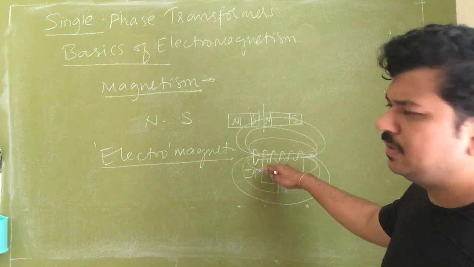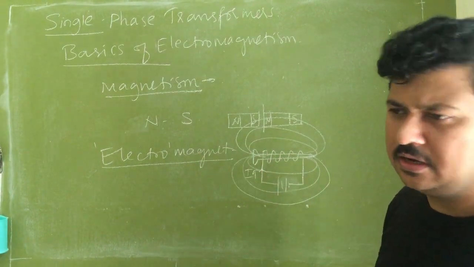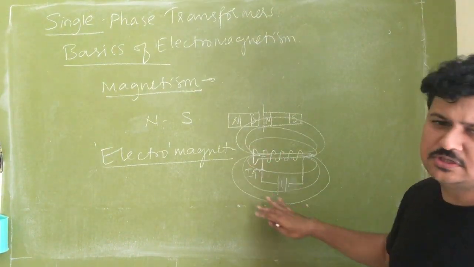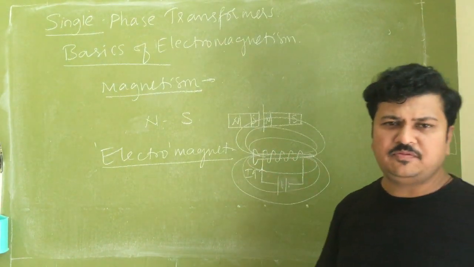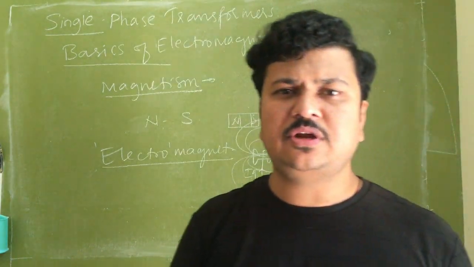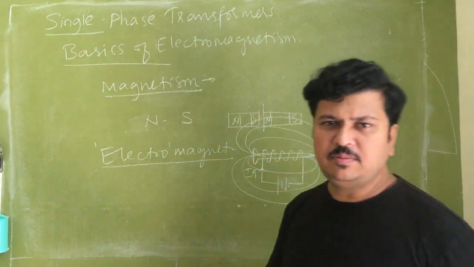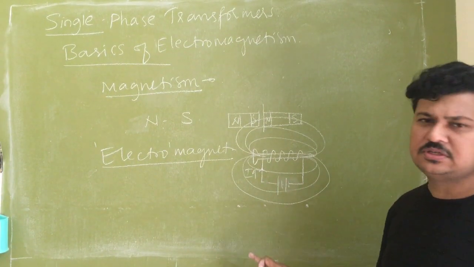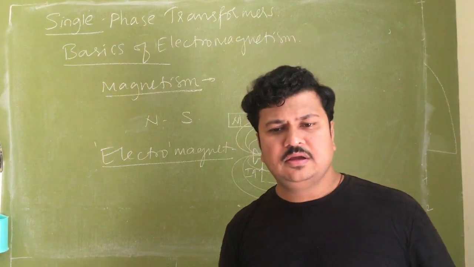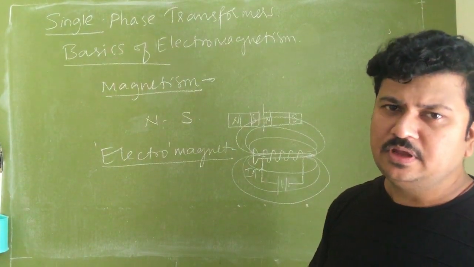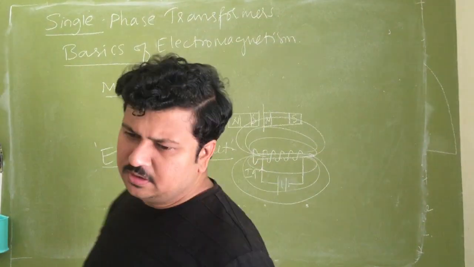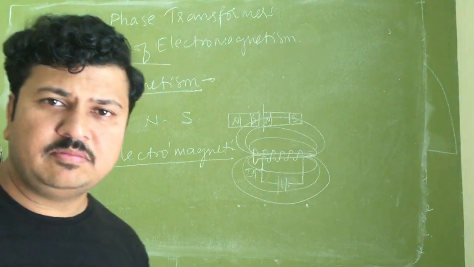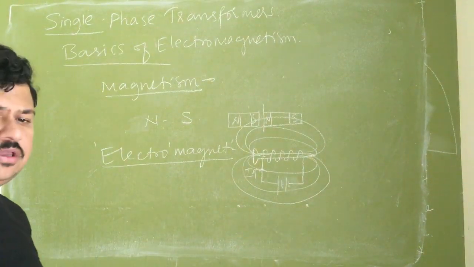But obviously there will be an upper limit for every current carrying conductor. Up to that limit, at least, I can vary the magnetic field. I can make the magnetic field 0 also. I cannot make the magnetic field 0 suddenly with a natural magnet, because a natural magnet has implicit magnetism wherever I keep it. But if I simply disconnect the current flowing through the coil, my magnetism automatically becomes 0. So the electromagnet is one of the most advantageous sources of magnetic energy that I make use of.